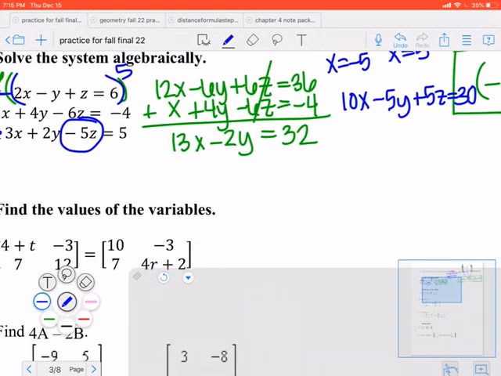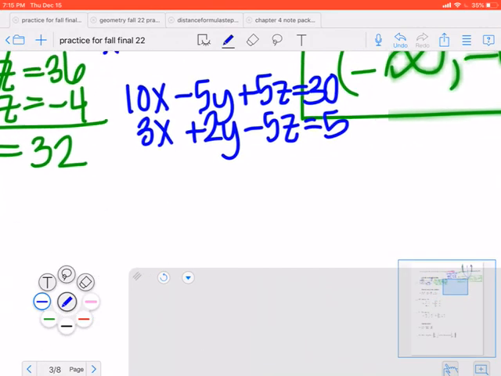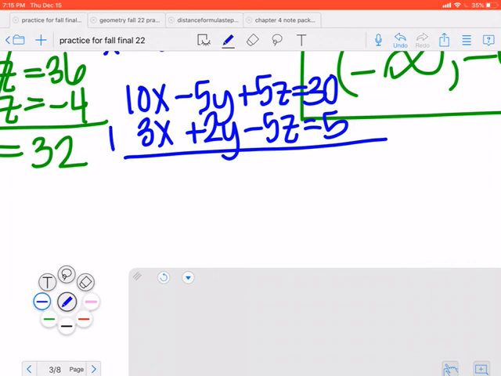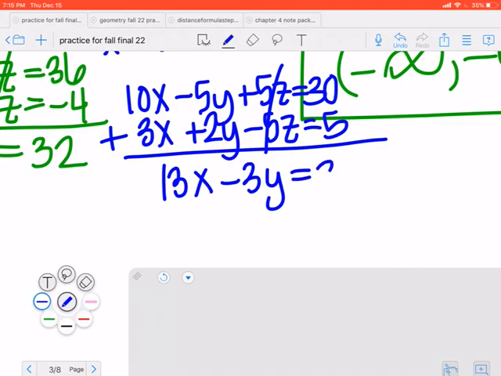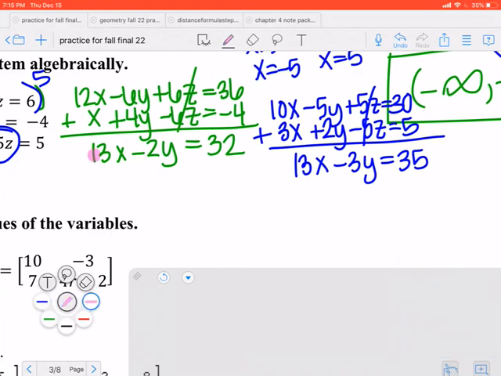And our bottom equation, I'm just going to copy that down. 3x plus 2y minus 5z equals 5. And now add these together. Our z's are eliminated. 10x plus 3x is 13x. Negative 5 plus 2 is a minus 3y equals 30 plus 5 is 35. So what we end up with is just a system of